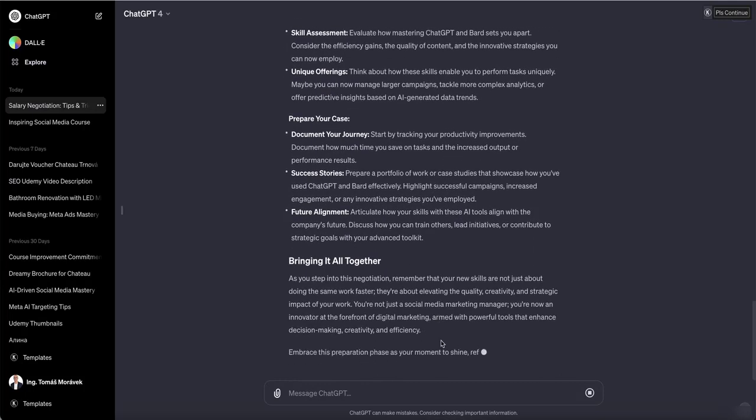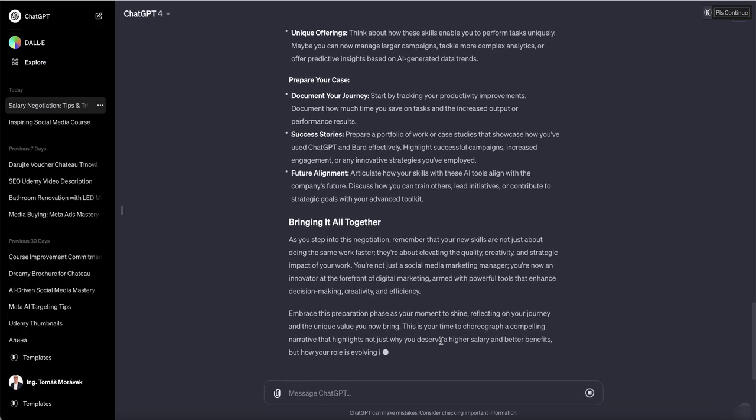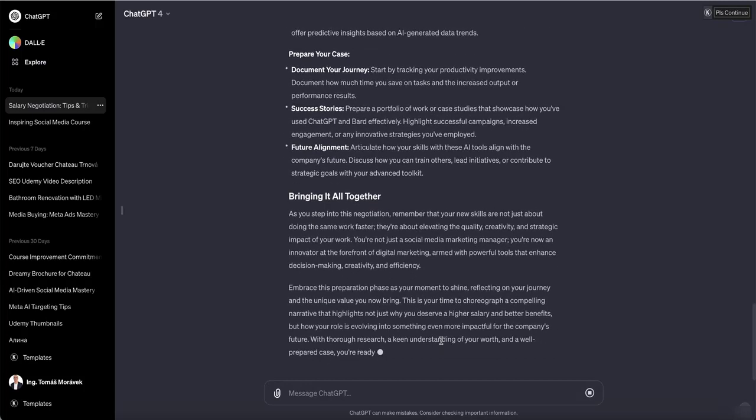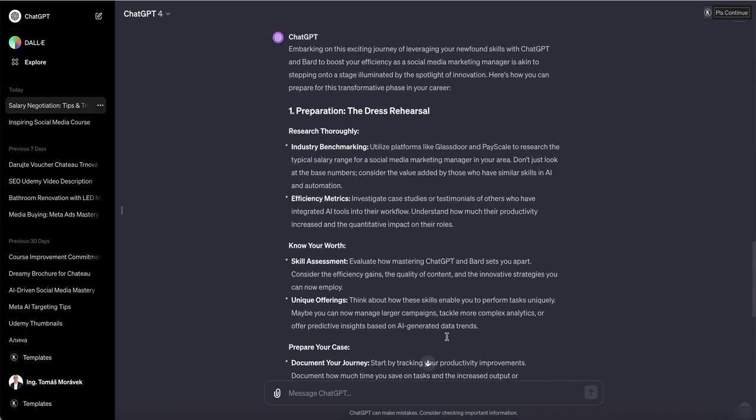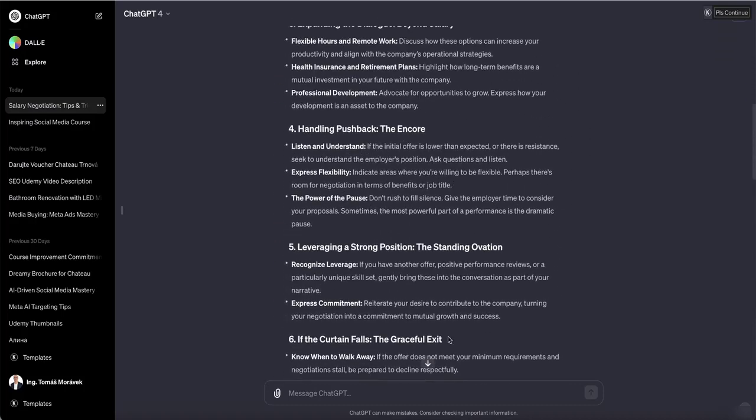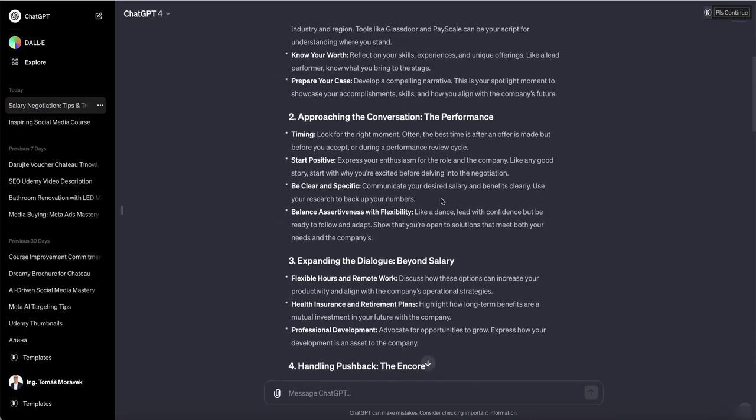And we can show some success stories, and we can show the vision of the future. So this way we can start chatting with ChatGPT, and we can start getting more and more ideas.